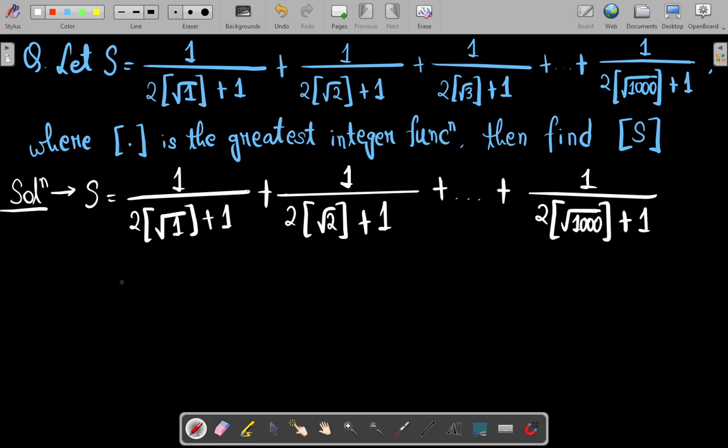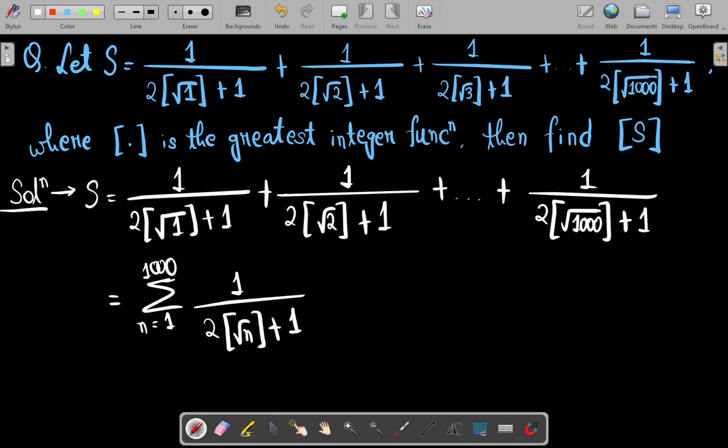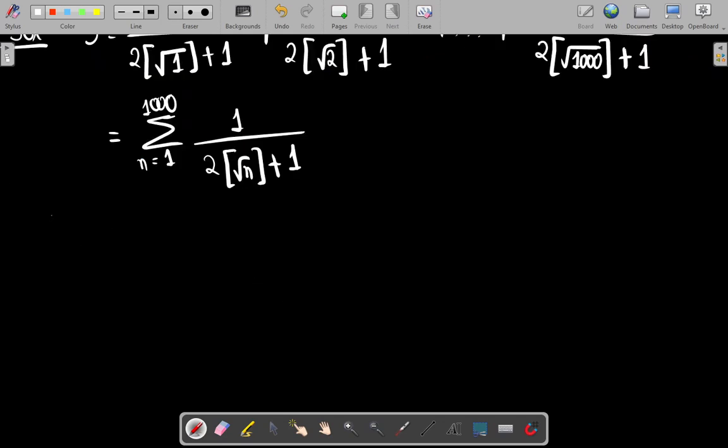So this can be written in a simple manner if I use the summation symbol, n going from 1 to 1000, of 1 upon 2 times the greatest integer value of square root of n plus 1. Now if I take k to be equal to the greatest integer value of square root of n, then from the definition of the greatest integer function,